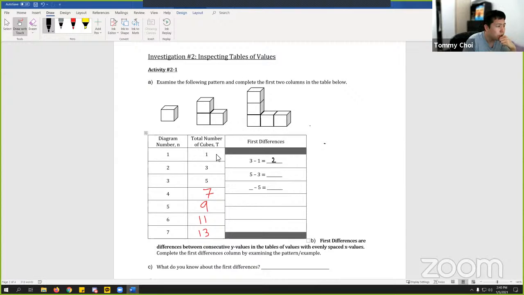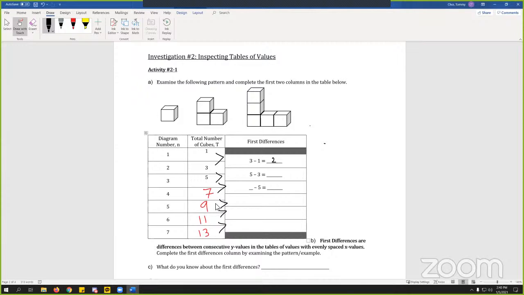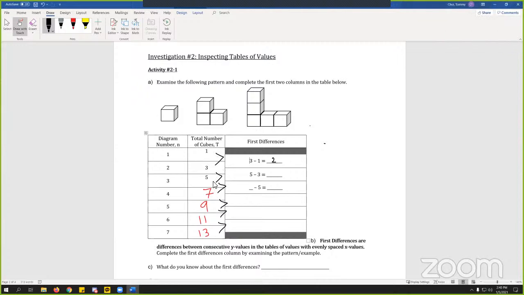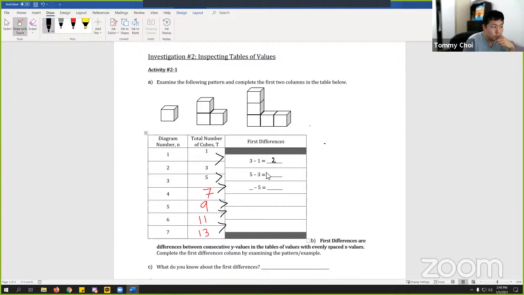You'll notice we keep doing that. So it goes down as a pair of numbers every time like this. And you're always going to go bottom number first, then the top number. Okay, so for example, the first one is 3 minus 1. The next one is 5 minus 3, right, which would be 2. The next one would be 7 minus 5, which is also 2. And then the one after that would be 9 minus 7, which is 2. 11 minus 9, which is 2. And then 13 minus 11,